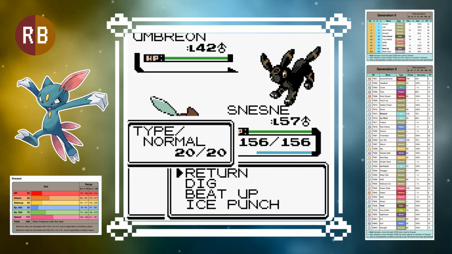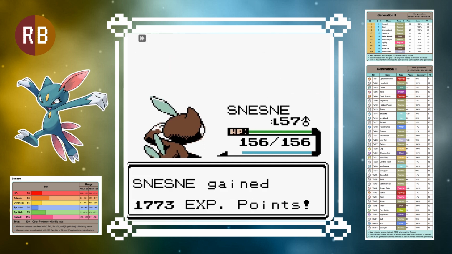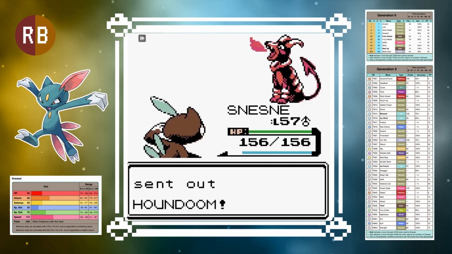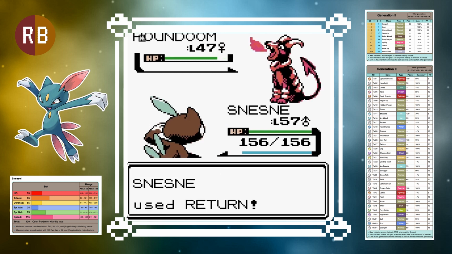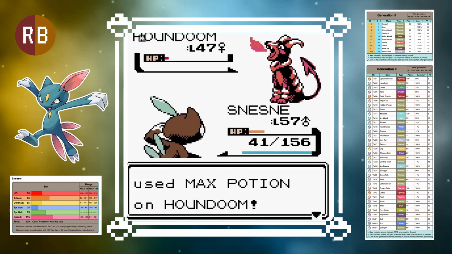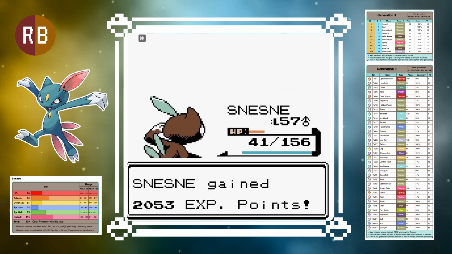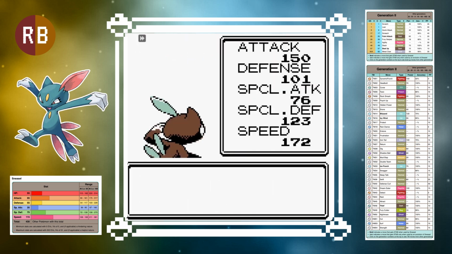So Umbreon is very bulky. 2 Returns are going to be what takes it out, and annoyingly we get hit by Sand Attack. If you've played Pokemon, you know how debilitating Sand Attack is. We need to make sure Houndoom goes down in one, but it doesn't. And then she's on Max Potion. Flipping heck. Okay, so it's not even a range on the Houndoom, so that's the most worrying Pokemon we've taken